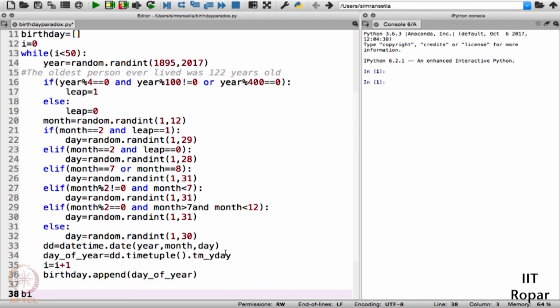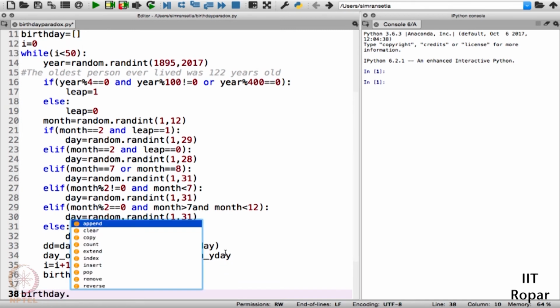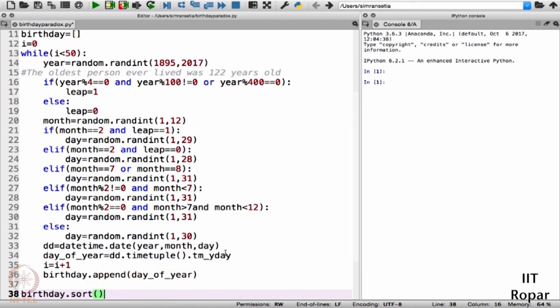Next, sort this particular list. When this list is ready, just sort it. What is sorting? Sorting is basically arranging the elements in ascending or descending order. Since we are using the function sort here, it will arrange the elements in ascending order. You can always code it.